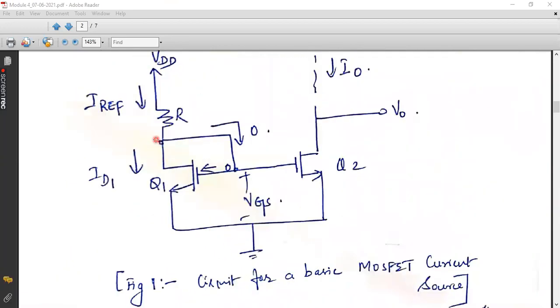So if you short circuit the drain and gate terminal of the first transistor, which is going to generate the reference current, then you can ensure that it will always be in saturation, because I need to maintain this constant. Irrespective of any voltage changes, IREF should be a constant value. So that is nothing but the saturation region. So for maintaining the saturation region,